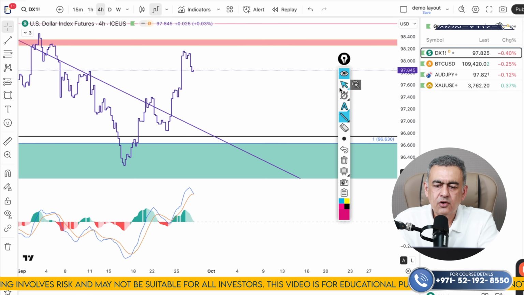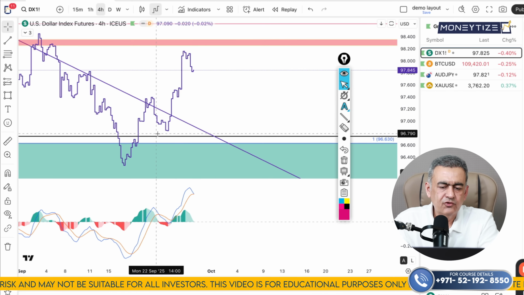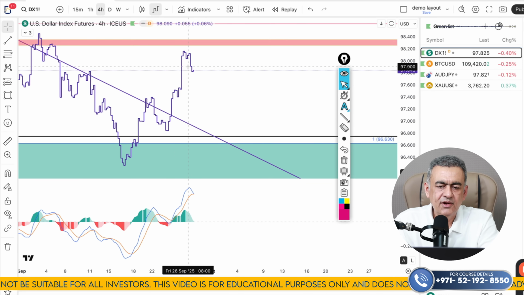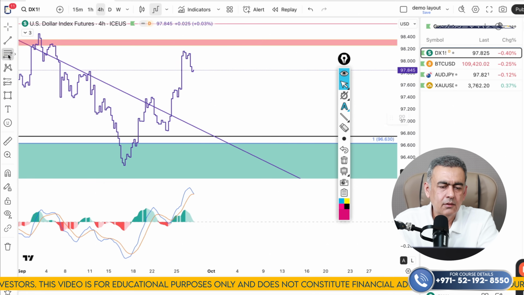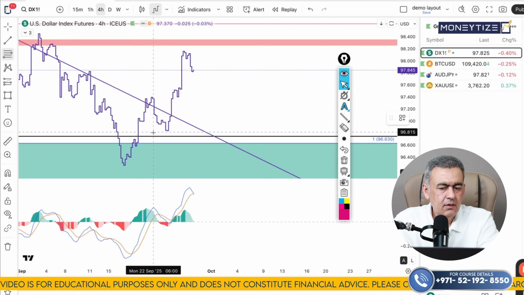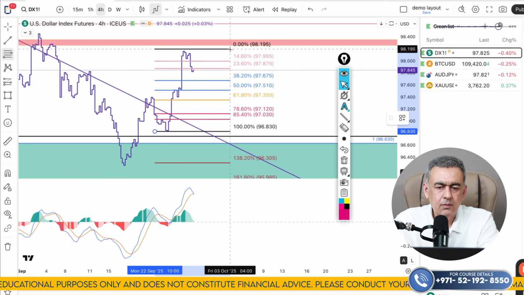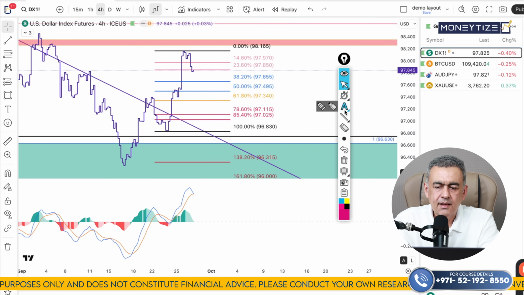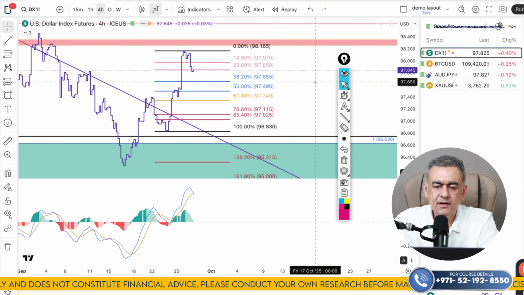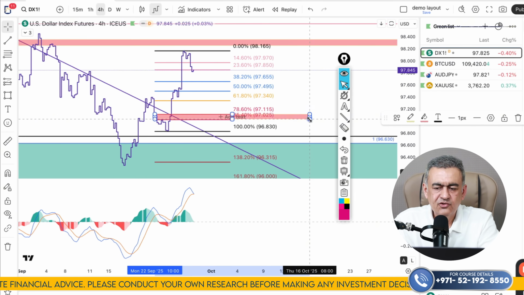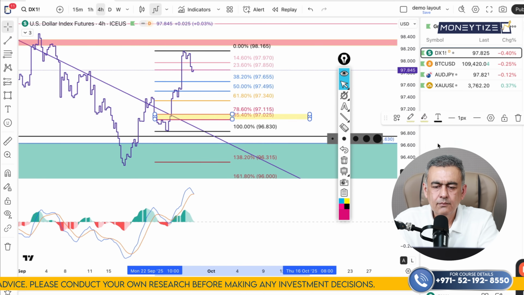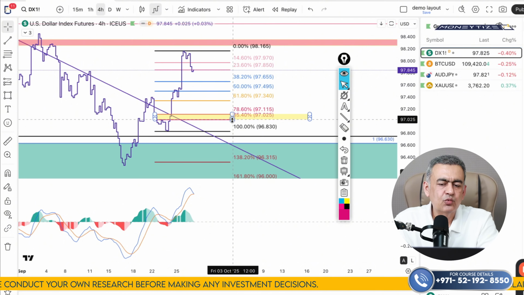So I'm expecting a short-term drop, and unfortunately I cannot apply a retracement here because the histogram has not yet changed. If you want to apply only on price action basis, feel free, you can connect from lowest to the highest. And I can say that dollar index remains short-term corrective bullish unless it holds higher than 78.6 to 85.4